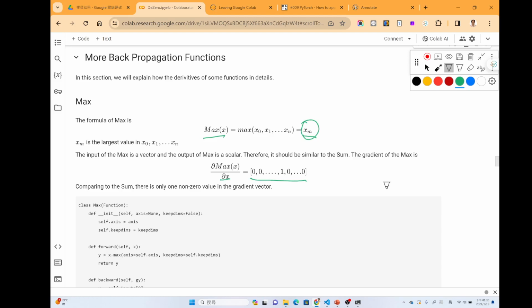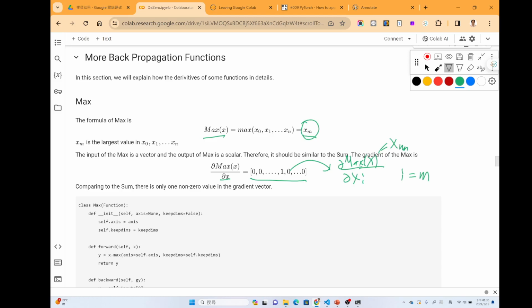And the second thing is that each element in this array is actually the partial of max of x with respect to xi. Since the max is xn, unless i is n, the result will be 0, since there is no dependency between xi and the max of x.